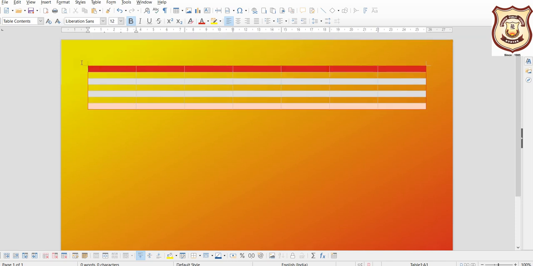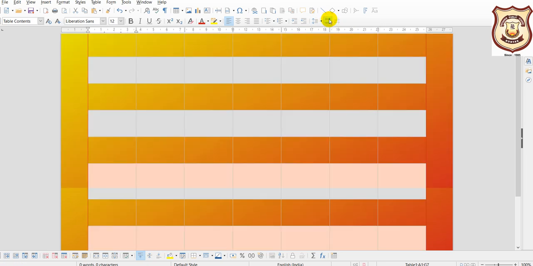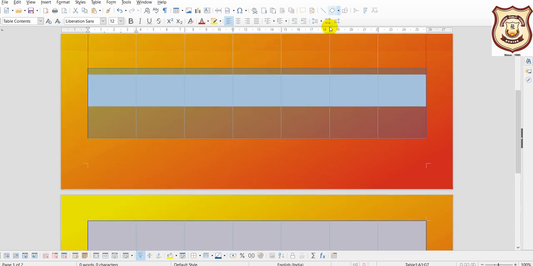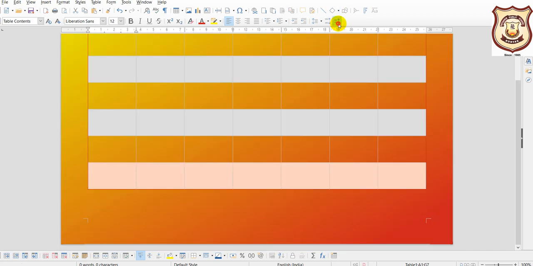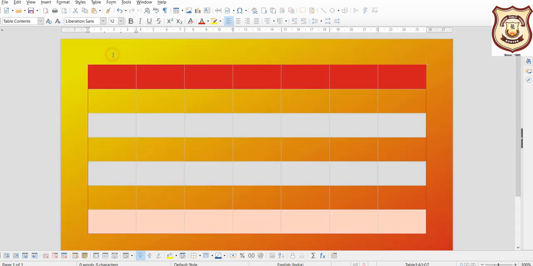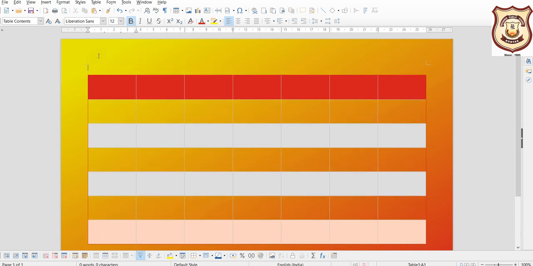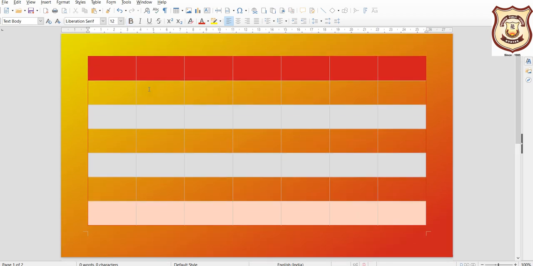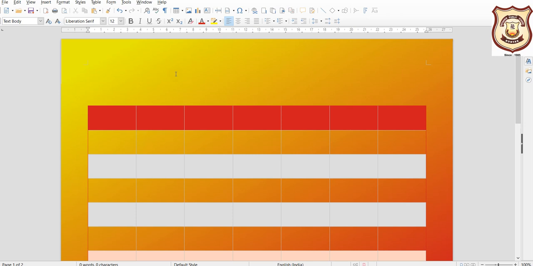What we need to do, we need to select this table first. How to select this? Like this. The complete table gets selected when this arrow comes. Okay, so once it has been selected, we will increase the size. Fine. Let us decrease it a little bit, otherwise it may not fit. Yes, this is right, I think. And let us move it a little down. Fine, because we need to add a title here also, because we are going to make a calendar of August.